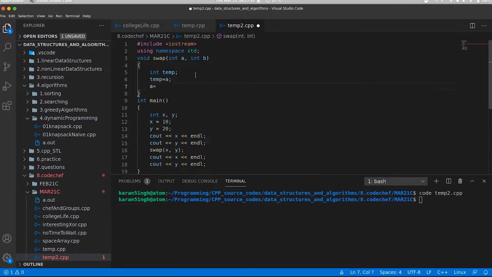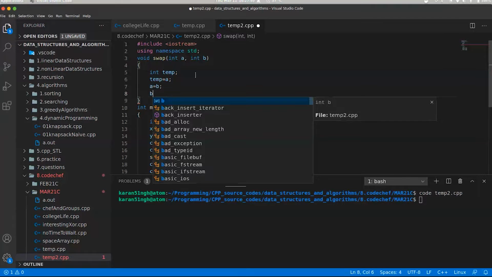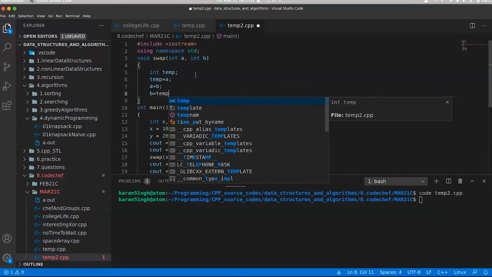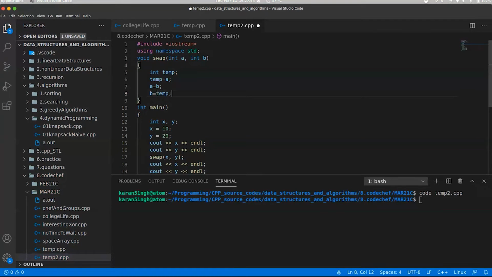I'll assign a as b, and I'll say b is equal to temp, because temp stores the original value of a, and after that we manipulated the value of a and copied b in it. So now our a has the value of b and our b has the value of temp, which had the original value of a. So indirectly b has the value of a.